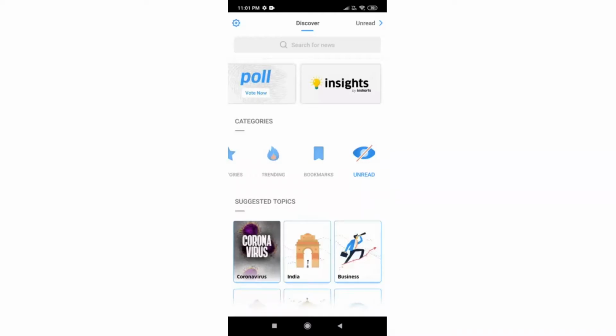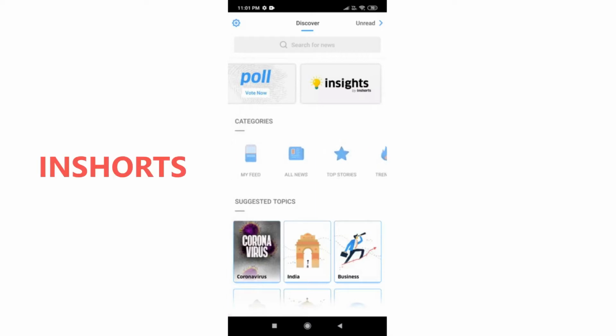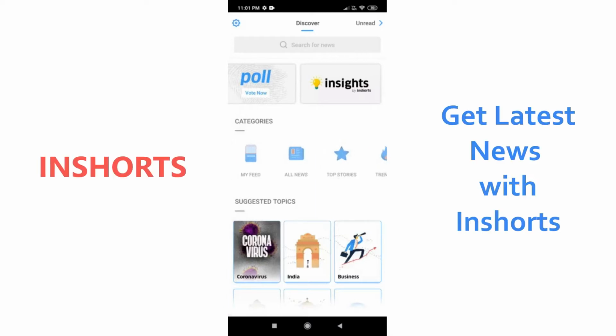Hi guys, I'm Shiludu and I'll be taking you through a tutorial video on how to use Inshorts and its various features. So first of all, let's start with the categories option, where you can read any shortened news